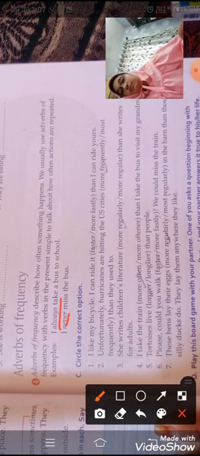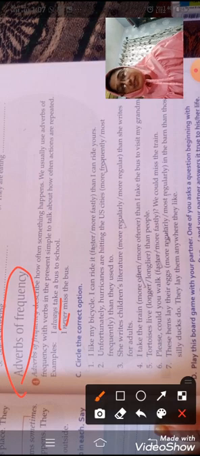Adverbs of frequency describe how often something happens. So it's an important exercise. We usually use adverbs of frequency with verbs in the present simple to talk about how often actions are repeated. For example, I always take a bus to school. How often? Always. So always is the answer. Same way, I never miss the bus. How often did he miss the bus? Never. So never is the adverb of frequency.